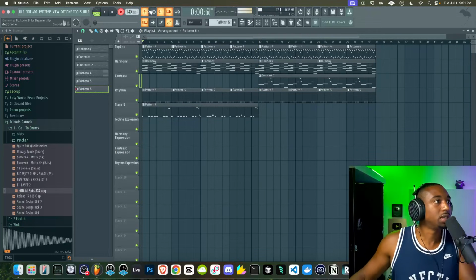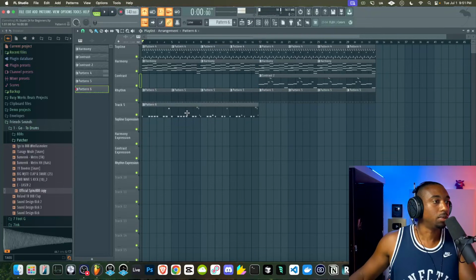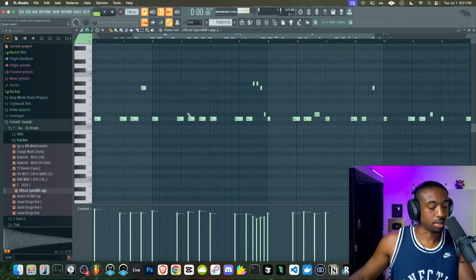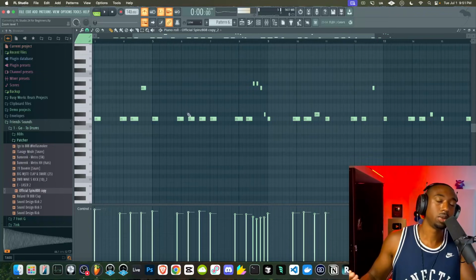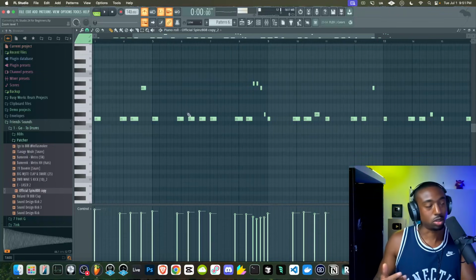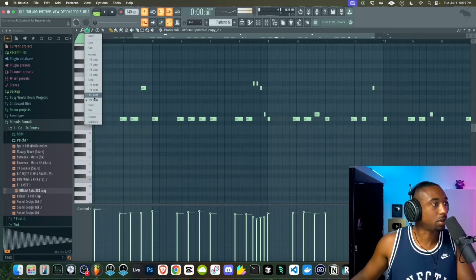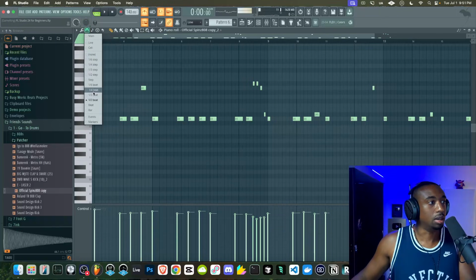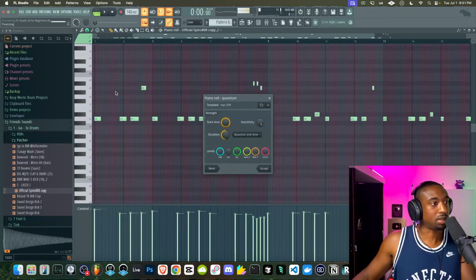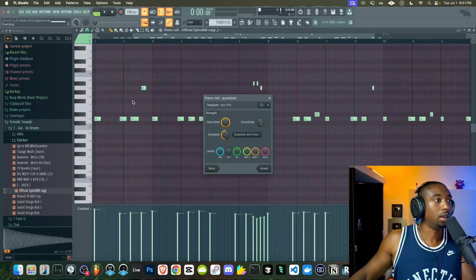So I switched it up a little bit to add a little more bounce. Let's double click in here, and all we got to do is just hit Alt Q this time. Alt Q, think of it like a lighter quantize, whereas Control Q quantizes to your snap to grid value perfectly. So I like to hit Alt Q when I play stuff by hand, just so it's not super aggressive.